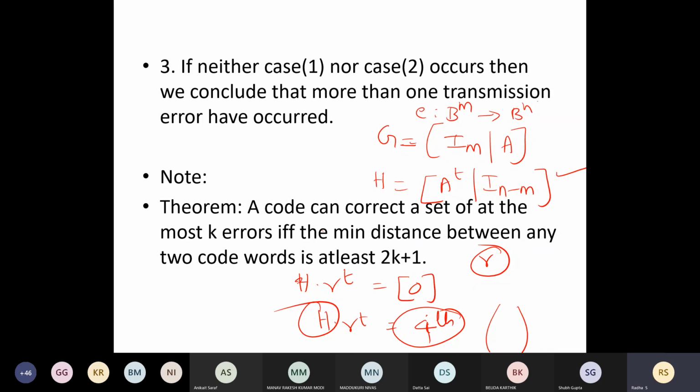If I try to decode this uniquely, I cannot say this is the word sent. Maybe I can say either this word or this word, or even some three more words you can show and see. Among these three, either one of them will be sent and you have received this way. But that is not the thing we want, right? We need something to be decoded uniquely. So these are all the possibilities I'm listing out. We'll do now.